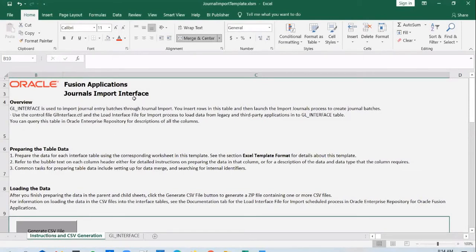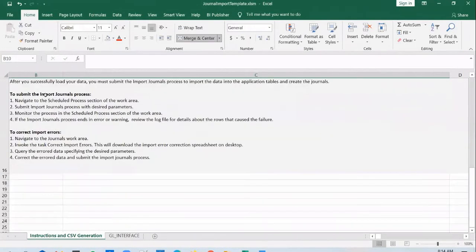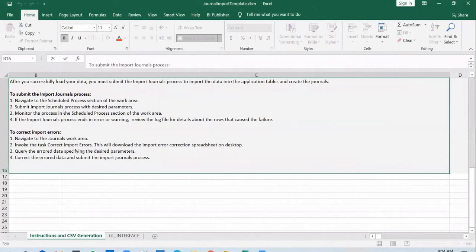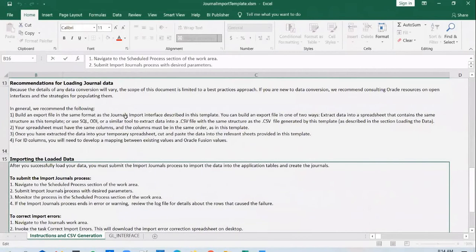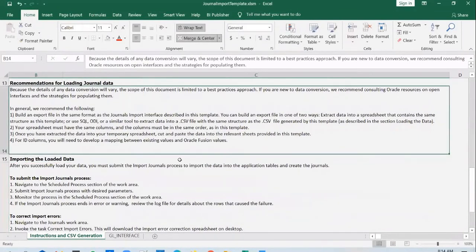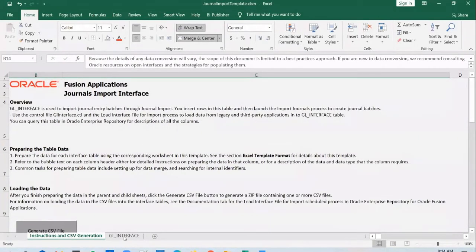Okay, so even if you're trying to do an FPDA data load, say for receipts or something else which you are doing probably for the first time, and you don't know the import job name or interface table name, you will have that information available here. If you scroll down, you will be able to see what import job you need to run, and also what loader job you need to run. So all the details will be available in the first tab.